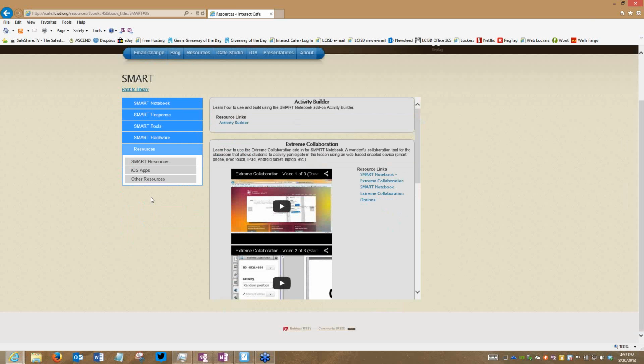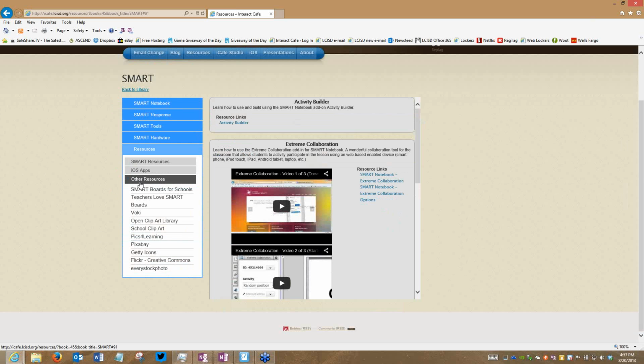I do want to throw out also, because I saw a question come up earlier about looking for pictures. If somebody was looking for where to get good pictures, I have a section in here called Other Resources, and I have a small list of places where you can get pictures that are copyright friendly or open source, so you can download and copy them all you want. There's a series in there, like I said. They're under the Other Resources section. So quite a bit of stuff there.